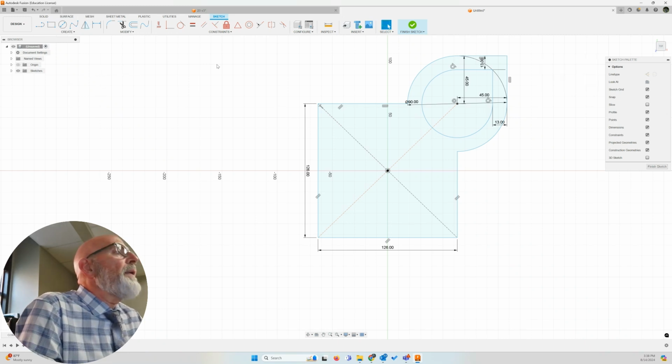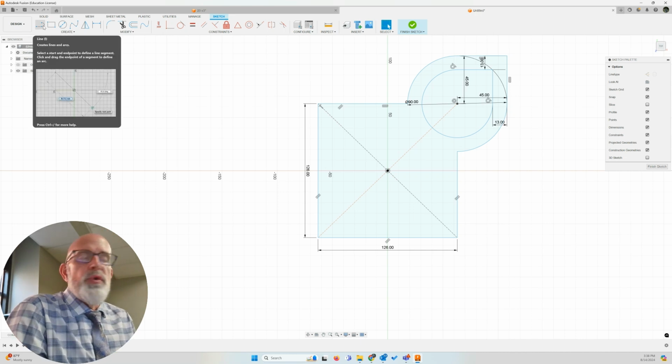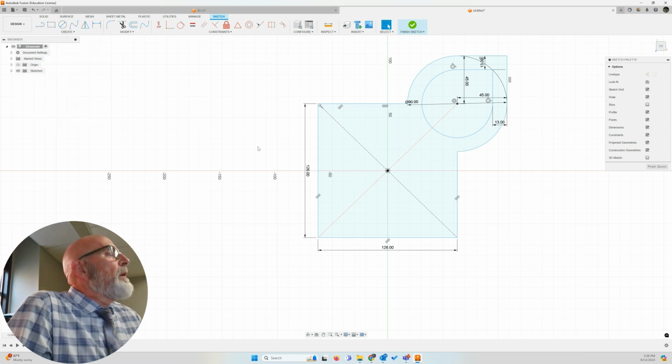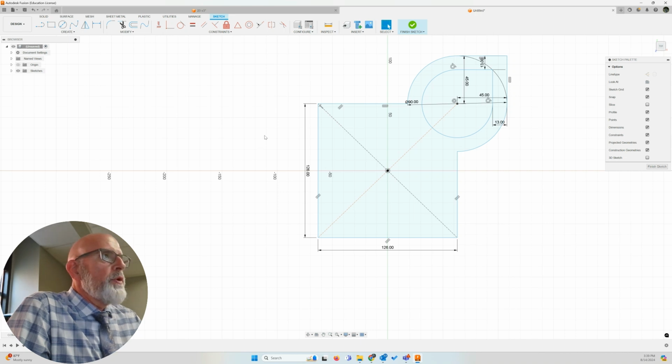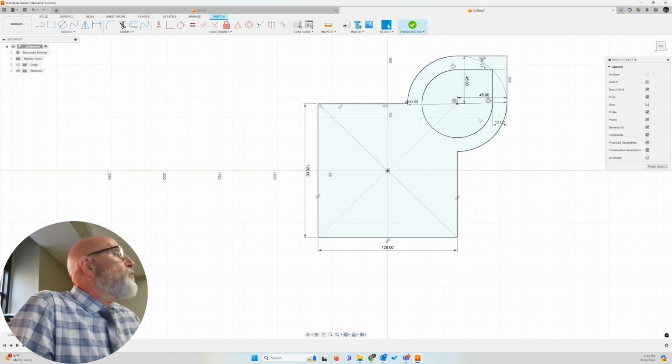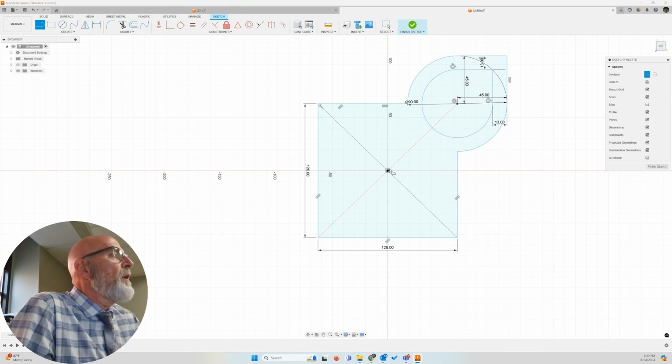Don't do this yet. What I need to do is create lines to mirror by. You can mirror both in the 3D and two-dimensional modes. Now, when you're in 2D, you need lines to mirror by. When you're 3D, you need a plane to mirror by. So I'm going to create a construction line. Turn on construction. I'm going to start on this axis, draw down to the origin, and then I'm going to